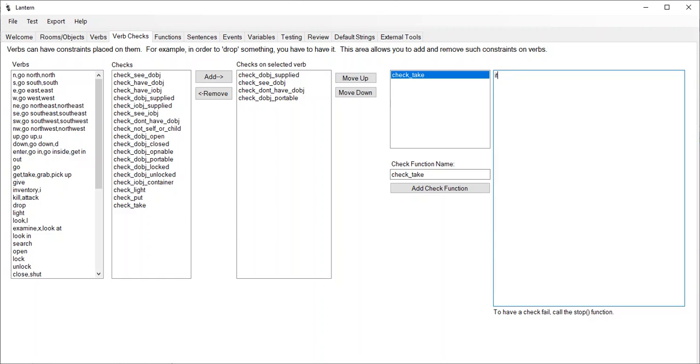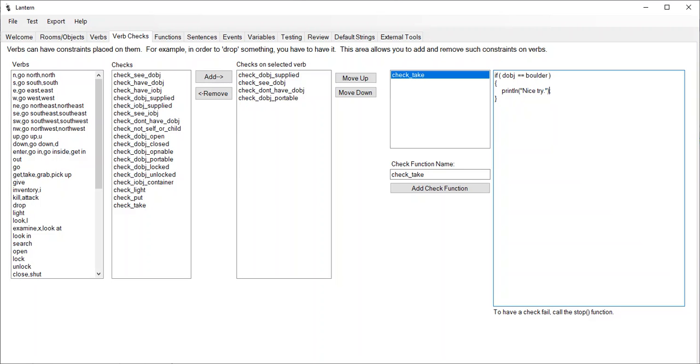So let me put an if statement here. I'm going to type in if and hit tab twice, and Lantern will stub out an if statement for me. And let's see. So what we want to do is check to see if the player's picking up the boulder. So how do we check to see what the first noun is? That is the d-obj, the direct object, which is a terrible name, and I should have called that thing noun1. And let's check to see if that's the boulder. If it's the boulder, what do we do? Well, let's print out a message, and to do that, PR, tab, will expand to print line. And let's print nice